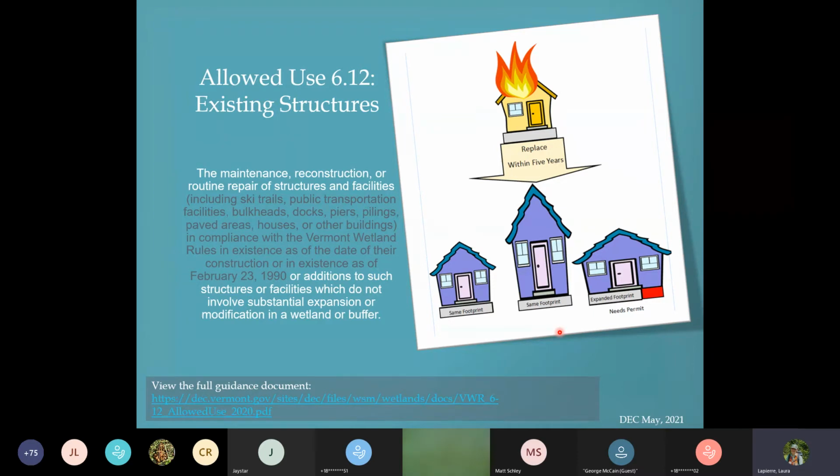So this image is of a reconstruction project where a house was burnt down and is replaced within 5 years, as long as it's within the same footprint, can be taller or purple. That's fine. As long as it's within the existing structure, it does not need a permit. If you're substantially expanding that house or modifying that house, it would require a wetlands permit.